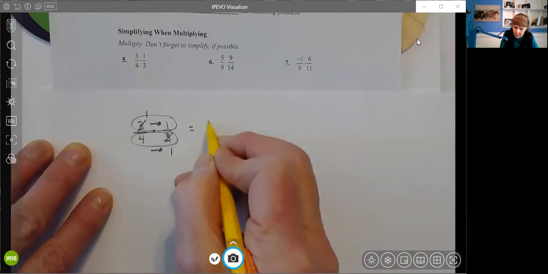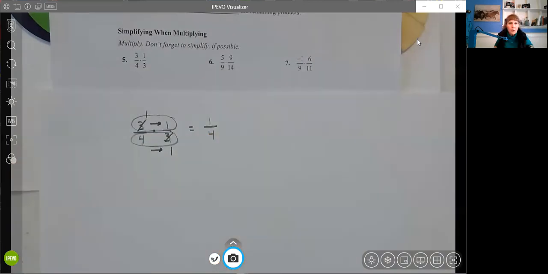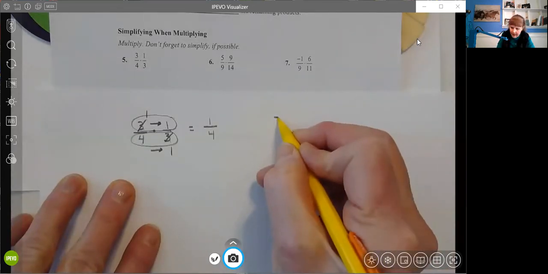1 times 1 is 1. 4 times 1 is 4. So we're just going to reduce these by dividing the numbers by the same amount, if possible. And boy, these aren't really bad at all. Let's look at 6. All right. So I have 5/9